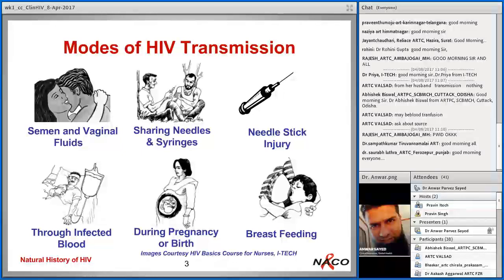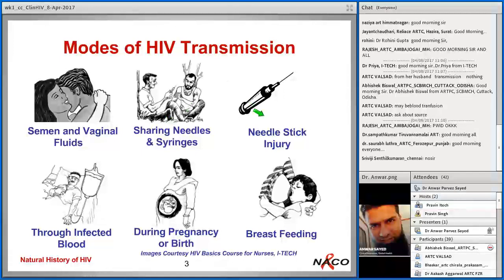For example, suppose some intern comes to you, or some nurse comes to you with needle stick injury. Is the risk of needle stick injury similar to the risk when a person shares the needle, who is from the group of PWID? Answer is no, it is not. Is the sexual route of transmission risk same as through blood and blood products? It is not. So we should know the percentage of risk of transmission, so that you will